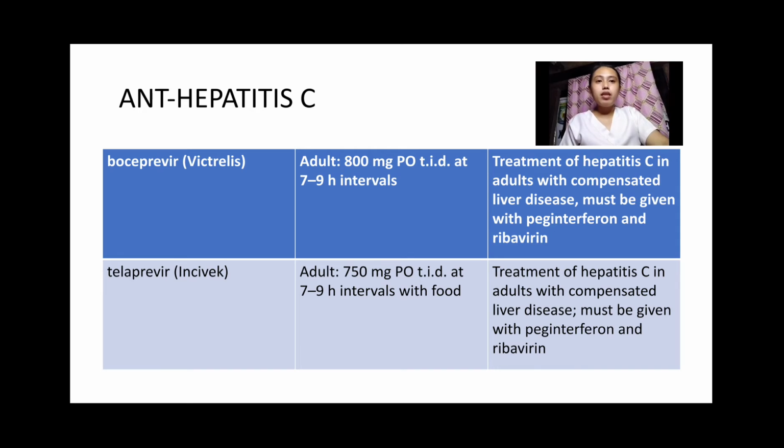The treatment of hepatitis C in adults with compensated liver disease must be given with peginterferon and ribavirin. So when you take these medicines, you must take them together with peginterferon and ribavirin. For boceprevir it is 800 milligrams, and for the second drug it is 750 milligrams. But these medicines are discontinued